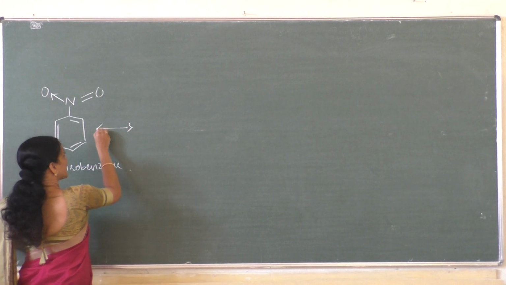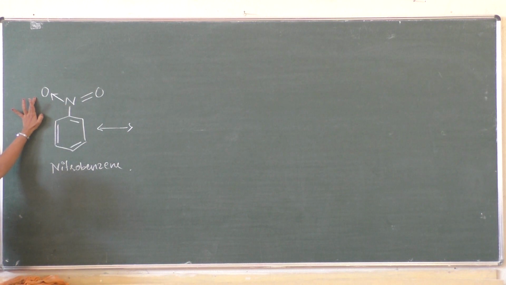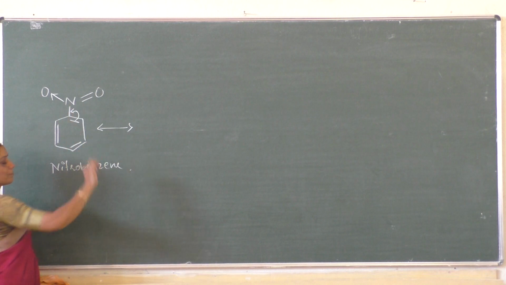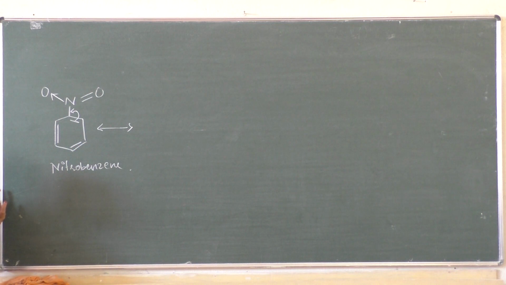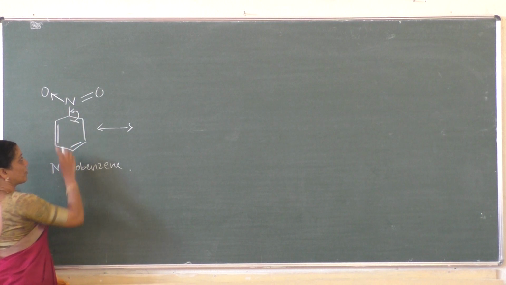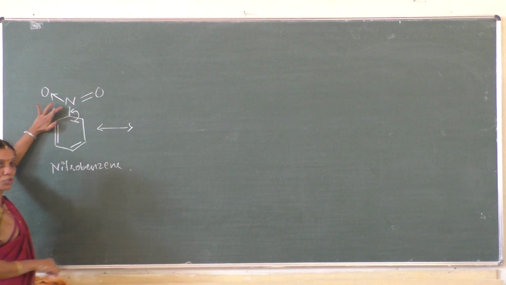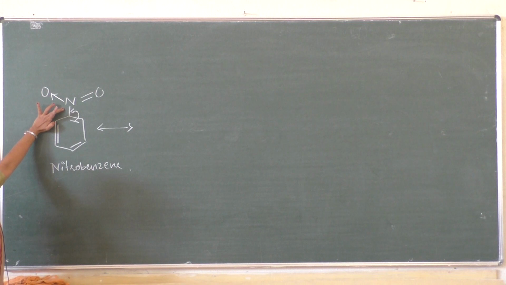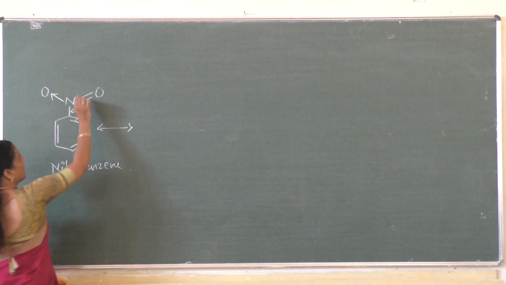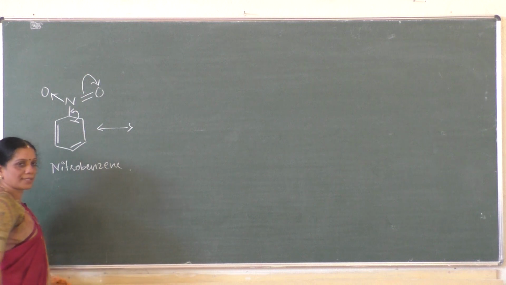Now, let us start the resonance structure. N plus, O minus, like that also you can write. Instead of writing this arrow mark, you can write the plus and minus signs to show the formation of the coordination bond. Understood? Shift of electrons: two electrons get shifted to the nitrogen atom. Once the shift takes place, the single bond becomes a double bond. The electron density or the valency of the nitrogen increases and reaches an unstable state. Within a fraction of a second, another shift takes place like this.